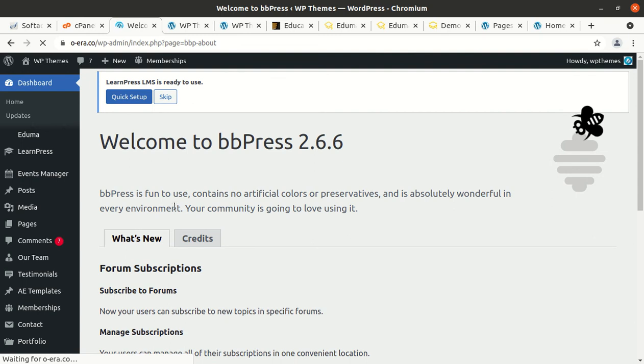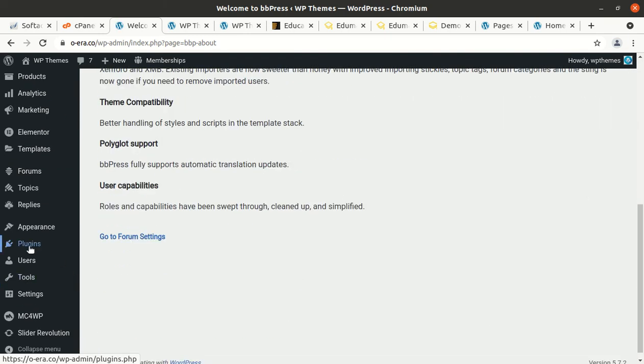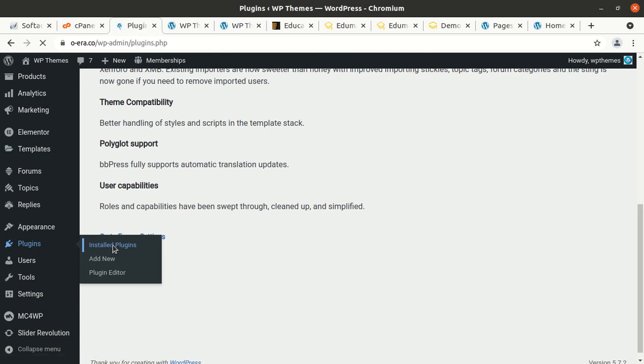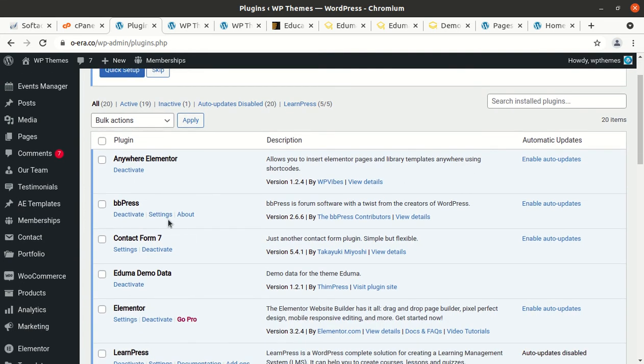It is the bbPress page. Again, I am going to the install plugins. Okay, so we got 19, in fact 20 plugins. Okay, one is mine. 19 plugins in the demo. During the demo import, 19 plugins got installed.